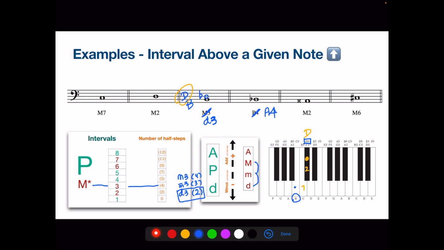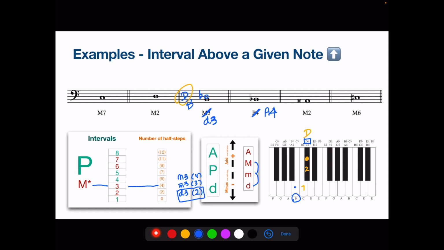Good. So B and D flat, which actually sounds like a major second, but is actually also a diminished third. Now, going to the next example, we have a B flat, and we want to find an augmented fourth above